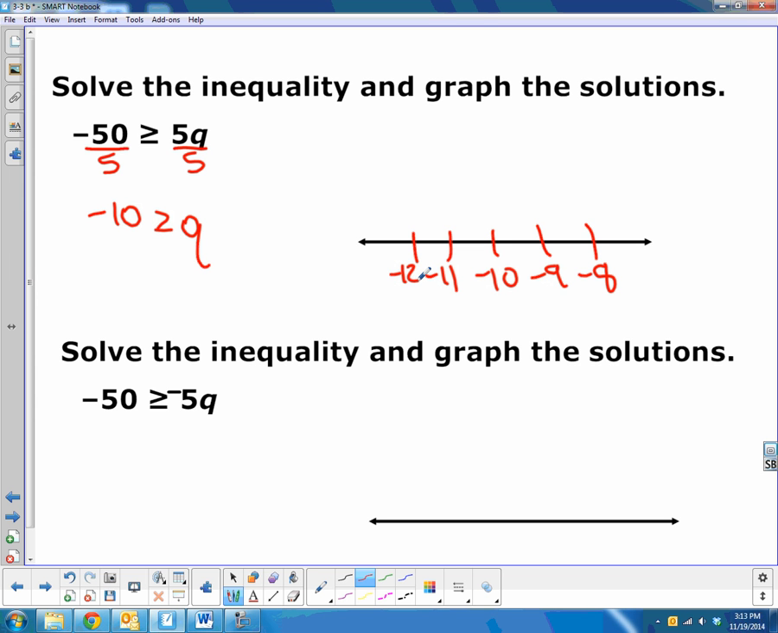This says that negative 10 is greater than or equal to q. So what numbers would work for q? Negative 10 is not greater than or equal to negative 11. That would be wrong. Negative 10 is actually,